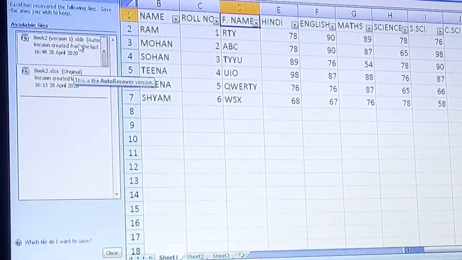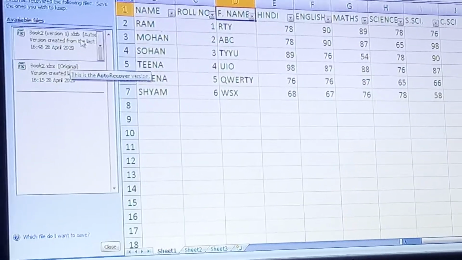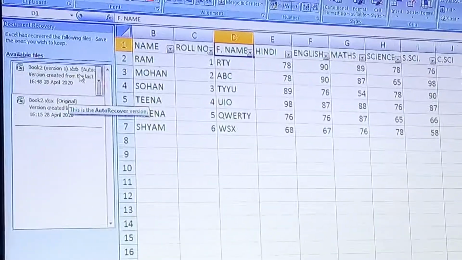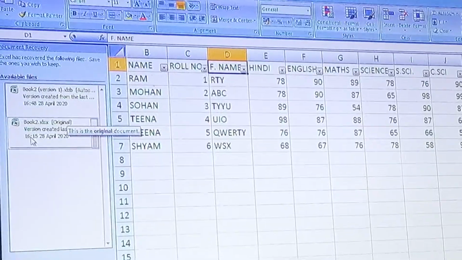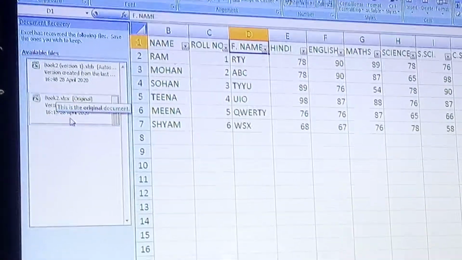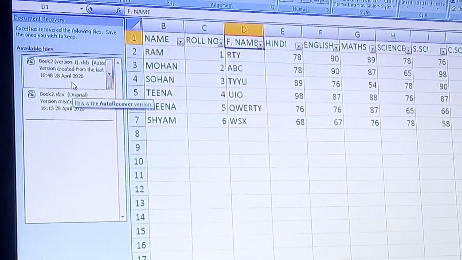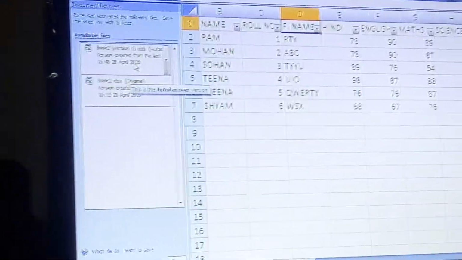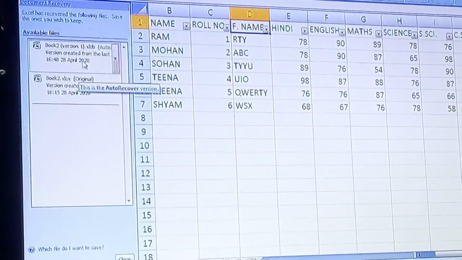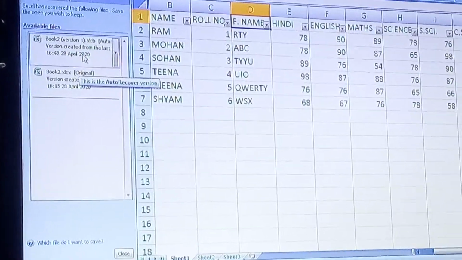The auto recover version contains the latest records which are entered, while the original contains the records which you have saved earlier. It contains more than the saved records, if you don't save for the time being. Clear?